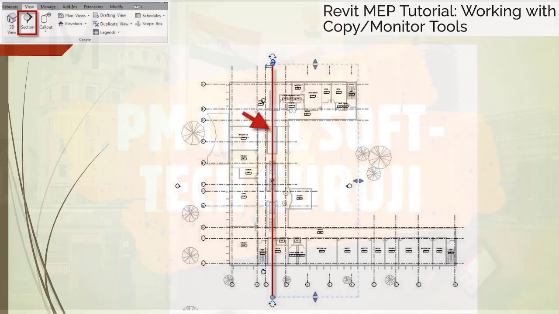We use this tool to monitor the relationship between the linked file and our project. You can copy or monitor data or objects in the project, but here we will use it to monitor the levels.